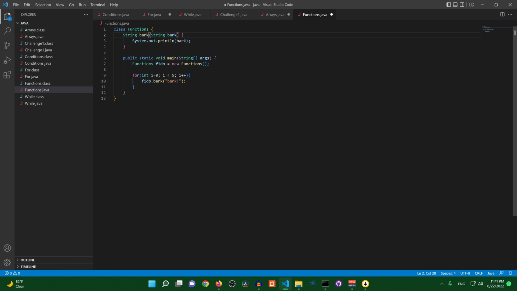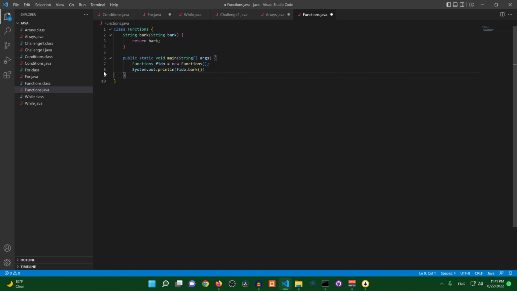So if we say that we're going to return a String bark, instead of doing a System.out.print, what we would want to do is return bark, the string. And actually, I'm not doing this even correctly myself. I can just return the variable I passed in, bark. So now by returning this, what I could do if I wanted to print it now, let's get rid of this for loop, and let's do a System.out.println, and then we're going to call our function